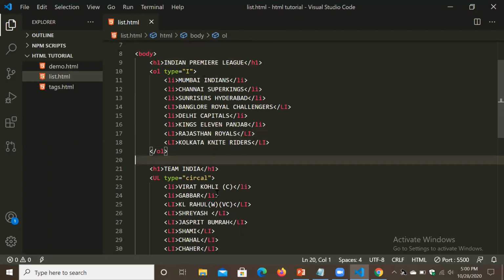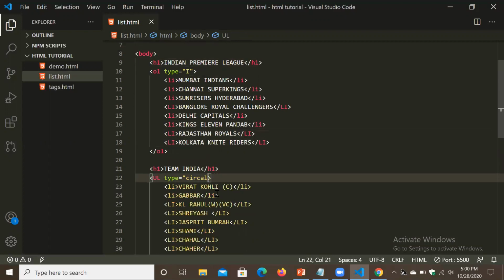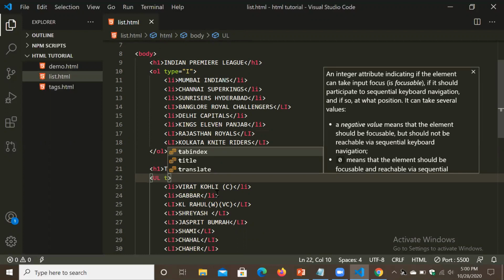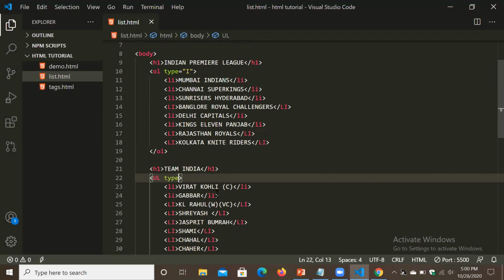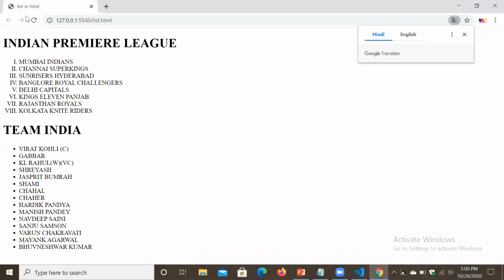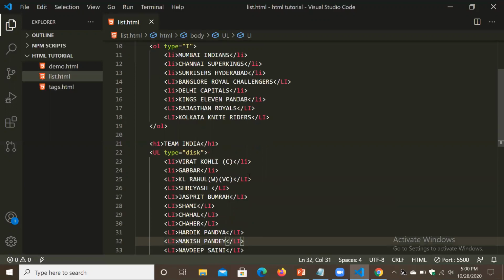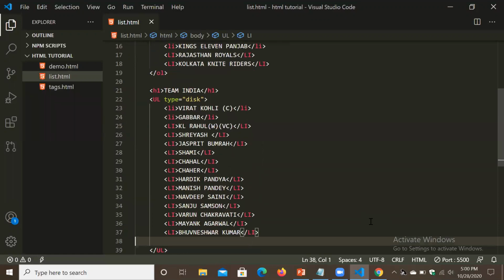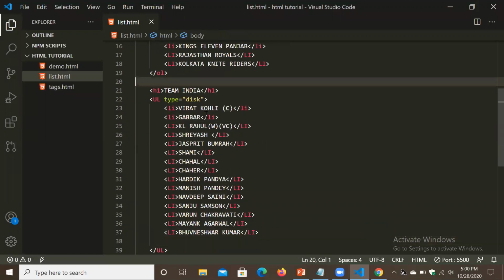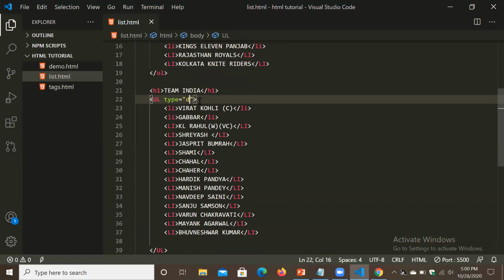Yeah, type is equal to, we have to use disk. Okay, look, refresh. Why is it not working? Unordered list, type is equal to disk. Square, as in S-Q-U-A-R-E, square.